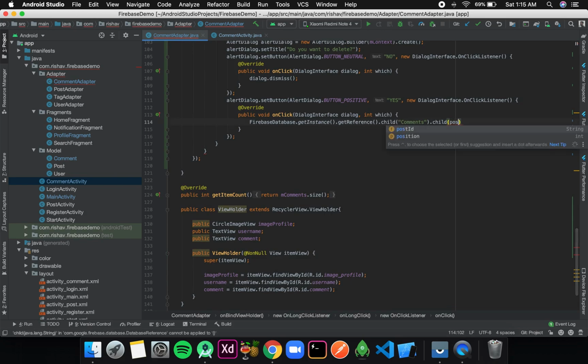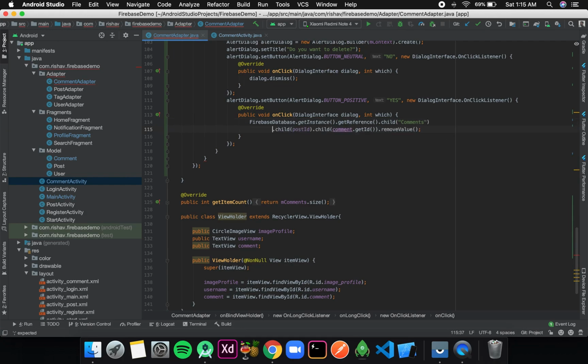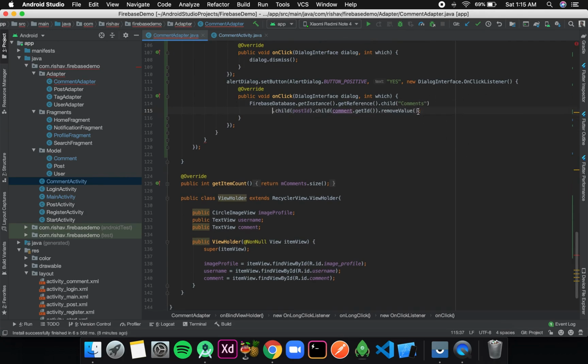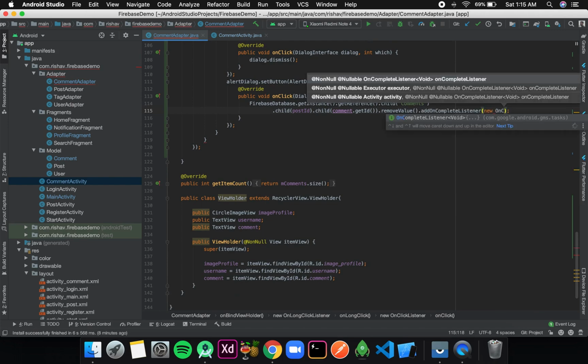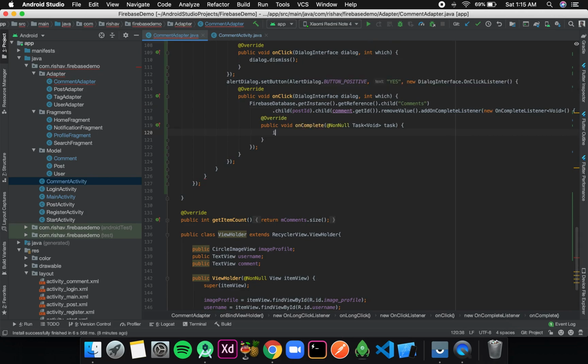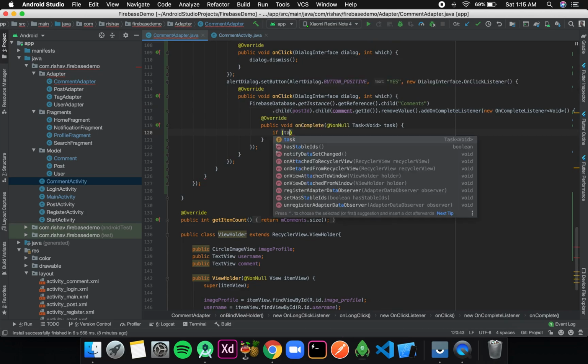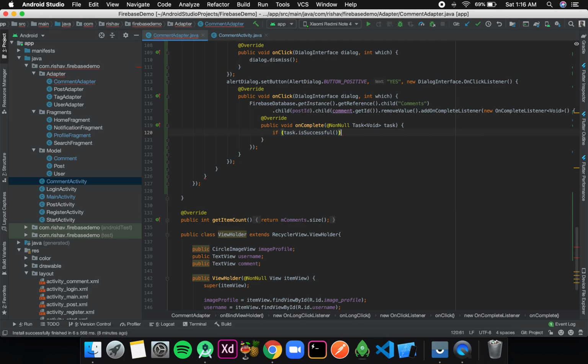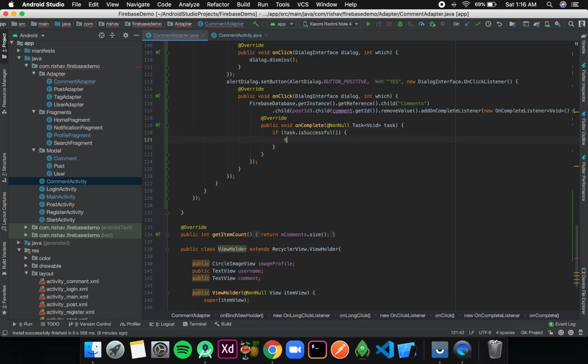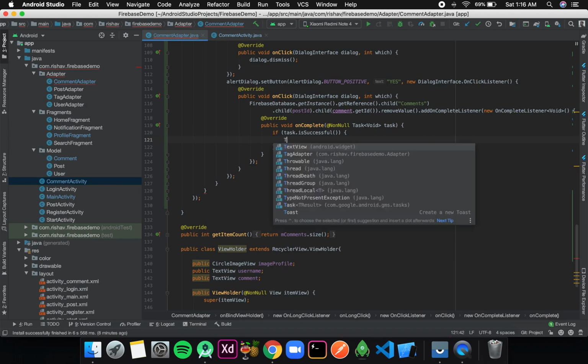Back in our comment adapter, now we can use that post id, and then to that post id child, comment dot get id, dot remove value. I'll break it from this point. Then I'll add an on complete listener, new on complete listener. If task dot is successful, that means we have deleted the comment successfully, then we'll display a toast.